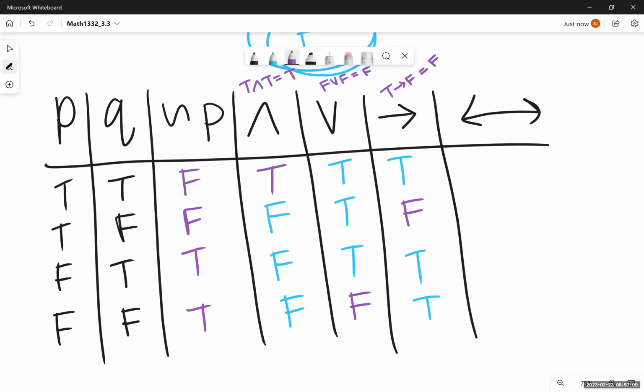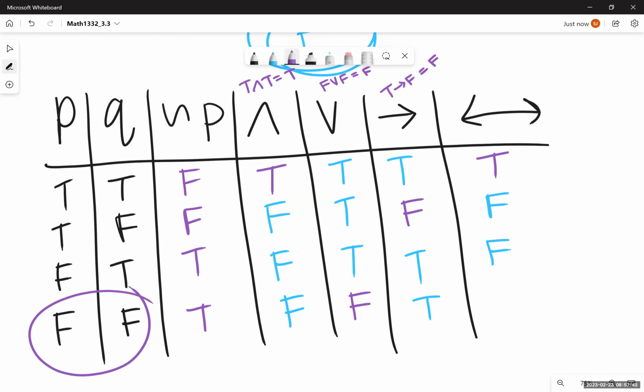Biconditional. Okay, so with the biconditional, the arrow is pointing in both directions. What I ask myself is if they're both the same value, right? So T, if and only if T, yes, those are both the same. And so it does end up resulting in a true. And then T, if and only if F, those are not the same. Those aren't the same values. So what I actually end up getting for my outcome is a false. If F, then T, those are not both the same. And so what I end up getting is a false. And then lastly,